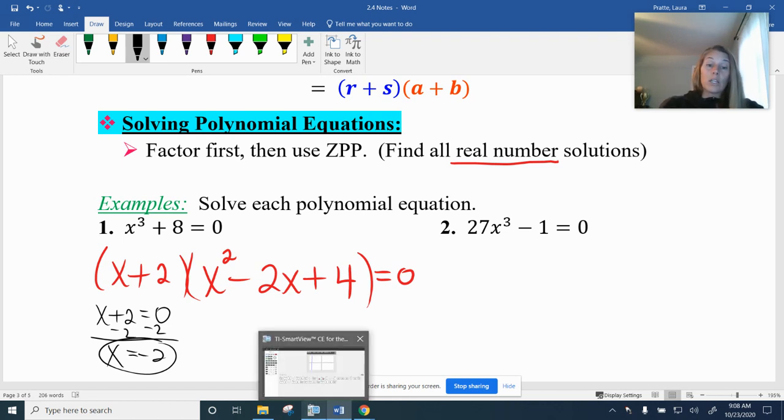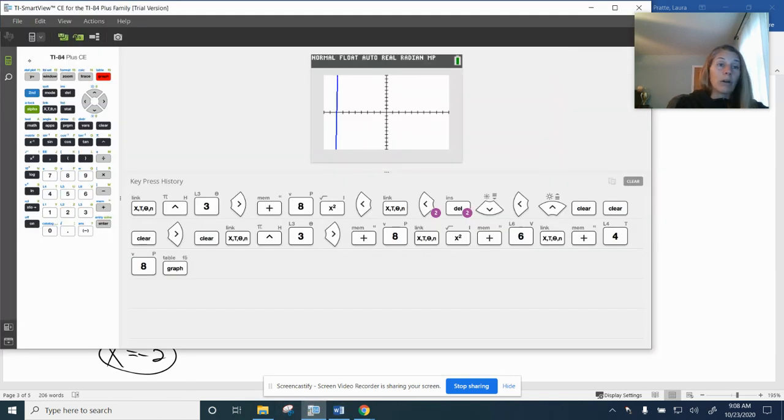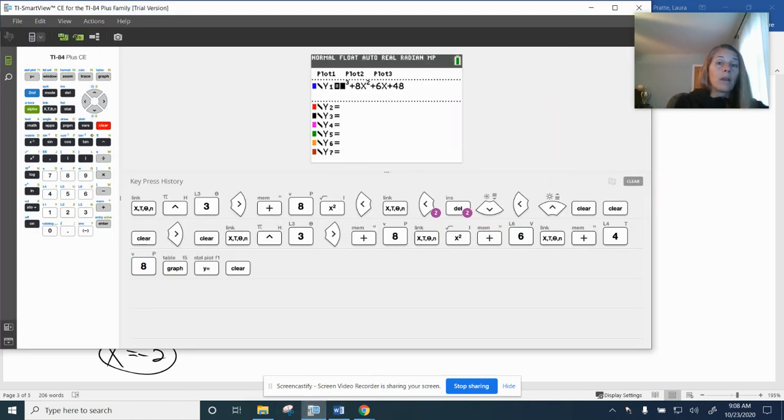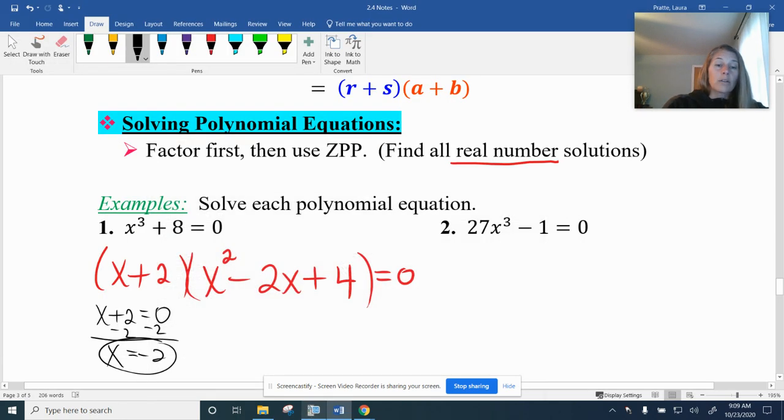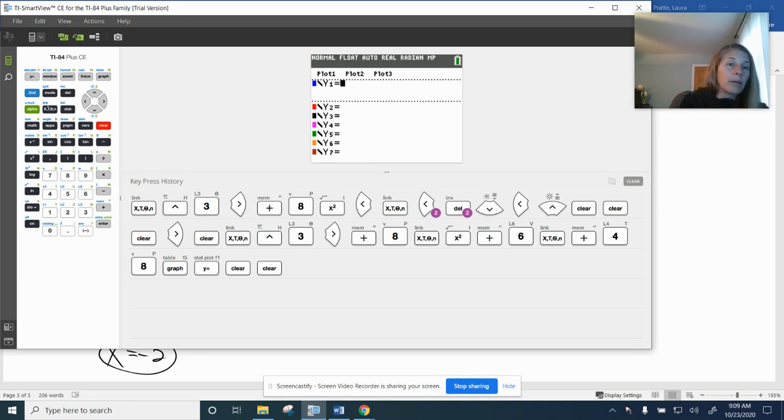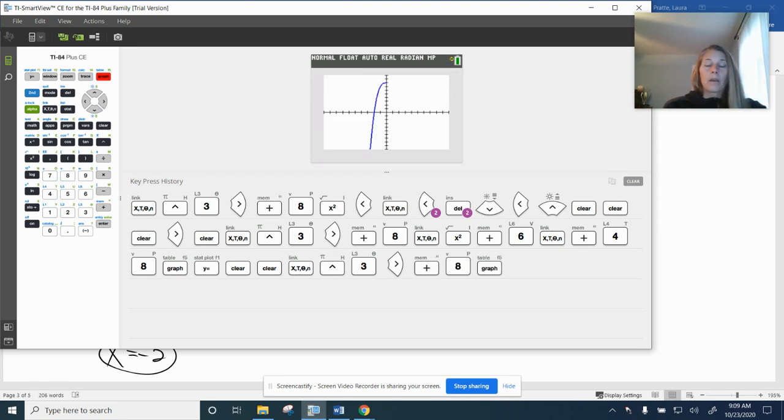So a way to know if they're real or not is we go to our graphing calculator, and we would type in, this particular problem is what? X to the third plus 8, right? So I'm going to type in X to the third power plus 8. Now when I graph that, I see that it's only intersecting the x-axis in one spot, and that's the -2